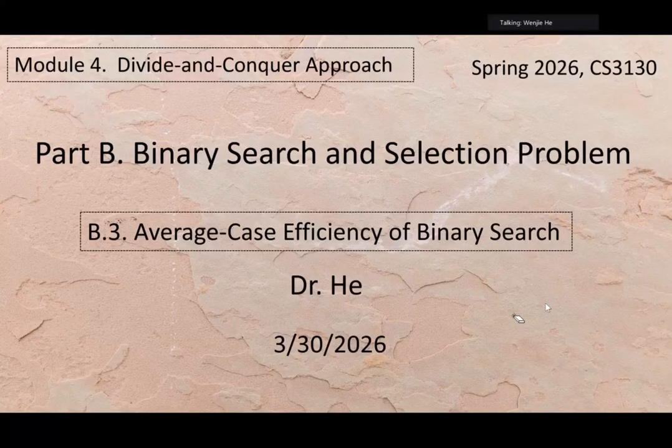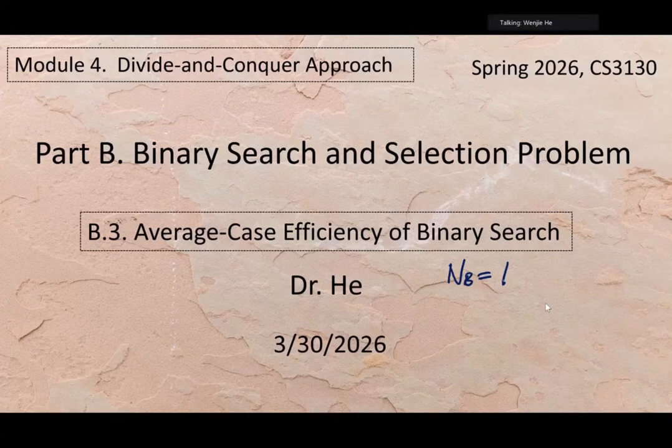The number of comparisons for the best case equals 1, when you compare the given key with the median. Last time one student asked me